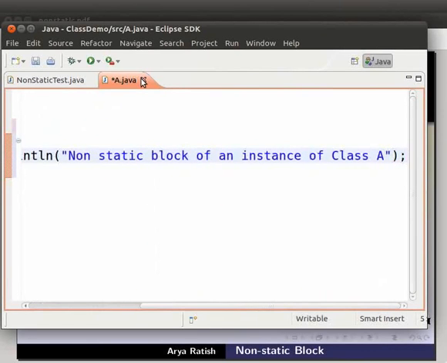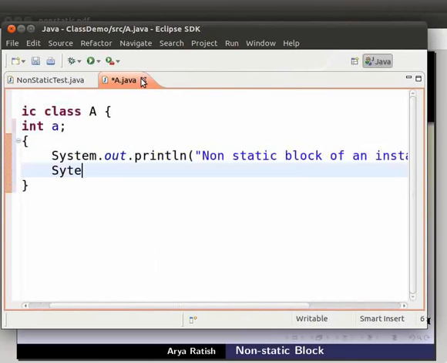Then type system.out.println within brackets and double quotes the value of A is plus A semicolon. Now we will declare a constructor.